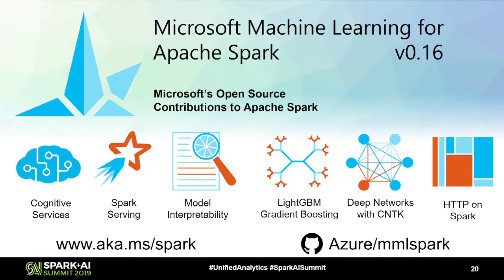So MML Spark is essentially a library that we've been building for a while now, right? That combines some of our assets around Cognitive Services, which is a set of APIs that wraps around pre-trained models, but makes it available for you to use within a Spark cluster. We include things like Spark Serving and a whole bunch of things that you can look at. In fact, this slide should be updated. Two days ago, this became version 0.17. I'm going to show some of this in action. To get to it, you go to Azure/MMLSpark. So this allows you to run deep learning right on a Spark cluster.